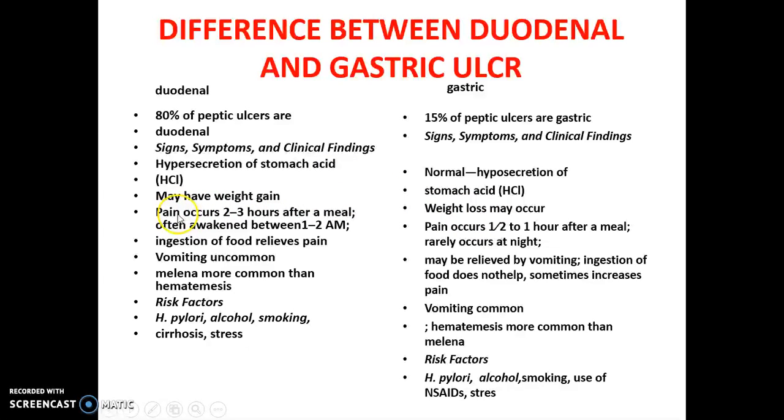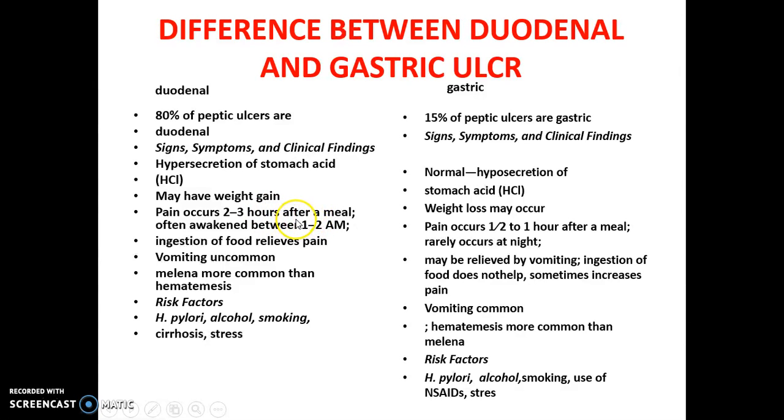The next point is very important. In duodenal ulcer, pain occurs 2 to 3 hours after a meal, and sometimes between 1 to 2 a.m. in the midnight the patient may wake up because of pain. But in gastric ulcer, pain occurs half to 1 hour after a meal. So if a patient gets pain suddenly after taking a meal, it is gastric ulcer. And if the patient gets pain after 2 to 3 hours, or sometimes wakes up at midnight,